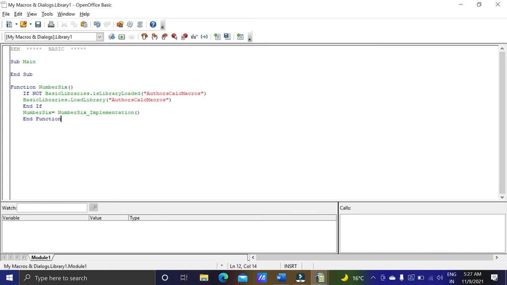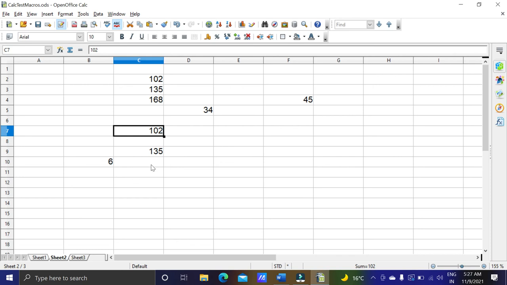This we have to write, and then we have to save it, and then we have to open it again. It will work. Right now it is working. If it was not working, then we would have gone to this option. So if you have not saved the library in the standard one, then using this code you can save it in the standard one.